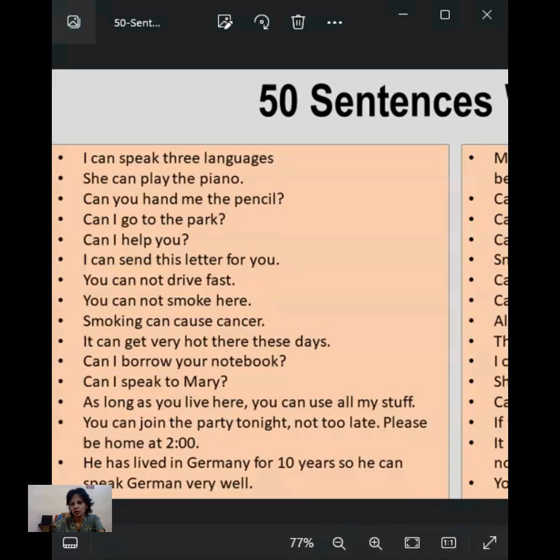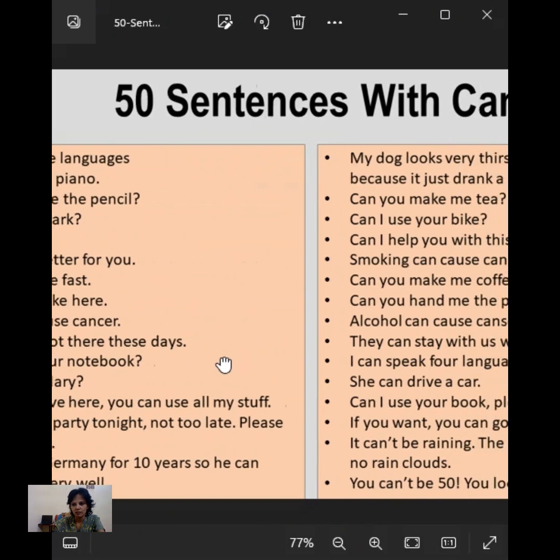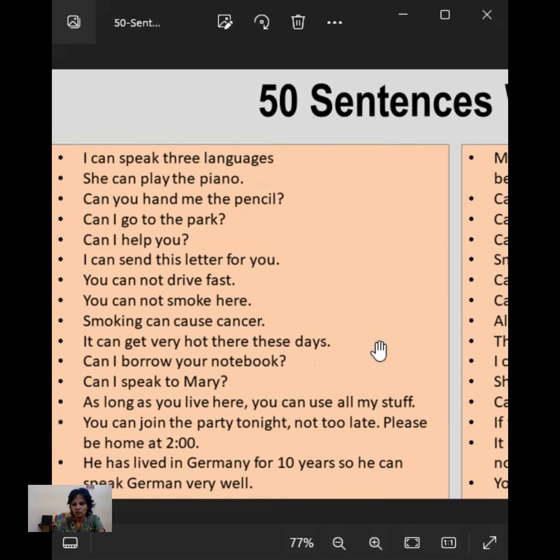Today I'm planning to talk about the word can. We often use can to talk about someone's ability or power to do something, or to ask permission. That is where we use can. Another way of using can is when there is a chance of getting something. That is where we use can.